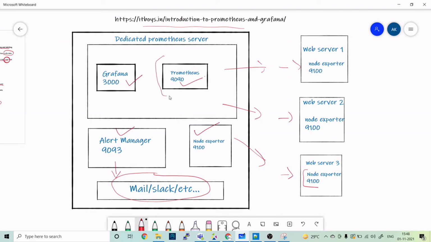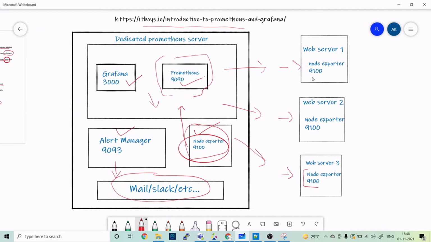Let's start with Prometheus. Suppose you have installed Prometheus, and now in the configuration file of Prometheus you will define all those things: scrape interval, evaluation period, right? And then you will install a Node Exporter on the same server where Prometheus is installed. Why? To monitor Prometheus itself. Then, for this Node Exporter, we have to make an entry in the prometheus.yaml file.